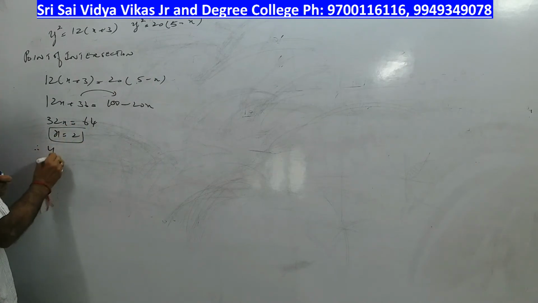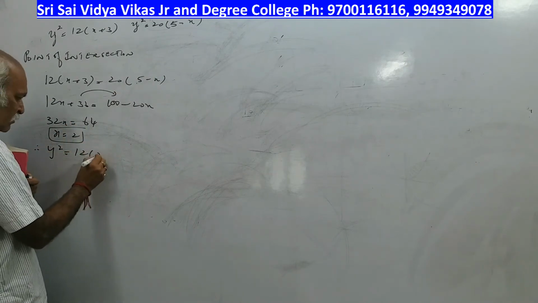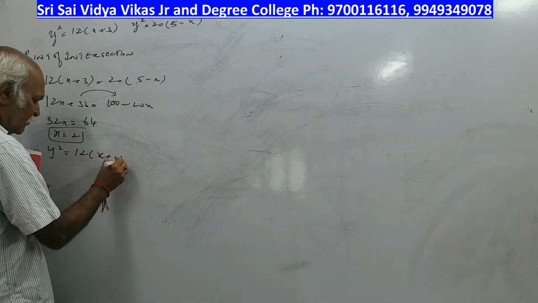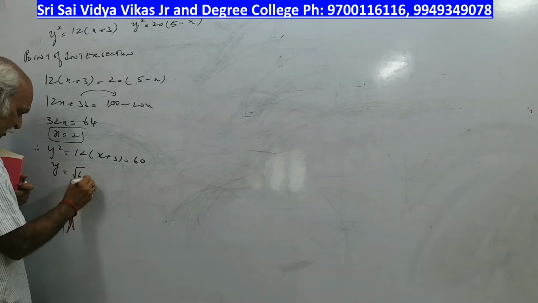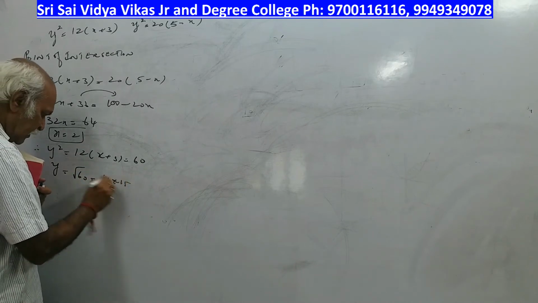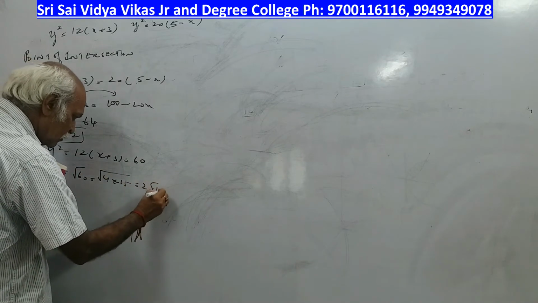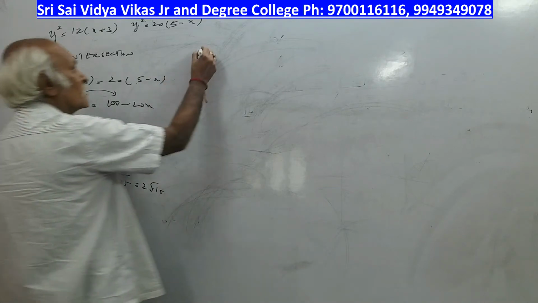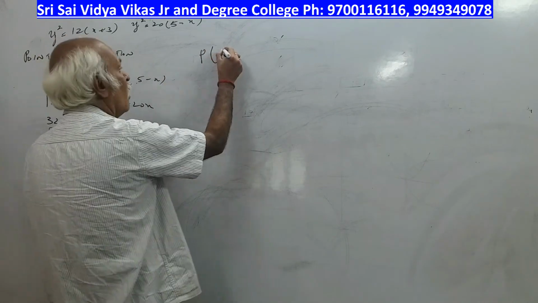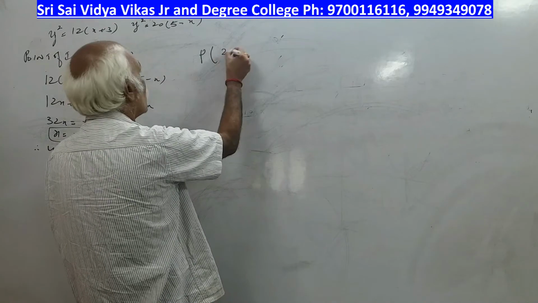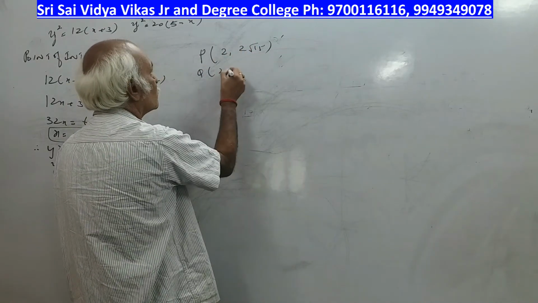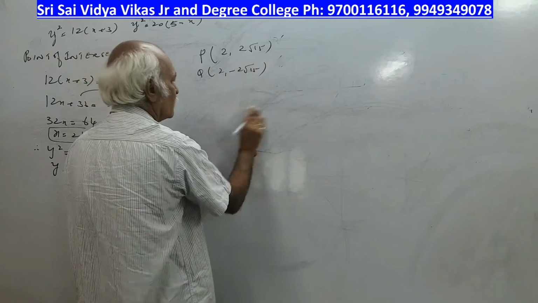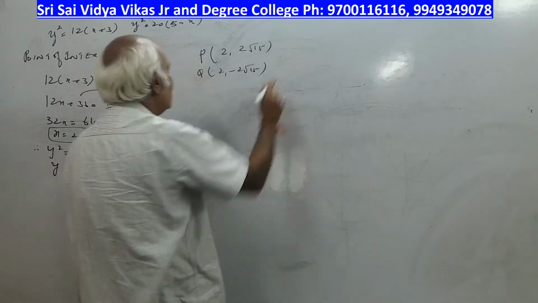Therefore, y square is equal to 12 into x plus 3, which is nothing but 60, because x is equal to 2. So y is equal to root 60, which is root of 4 into 15, which will give you 2 root 15. So the point is Q, 2 comma 2 root 15. Right? Now,